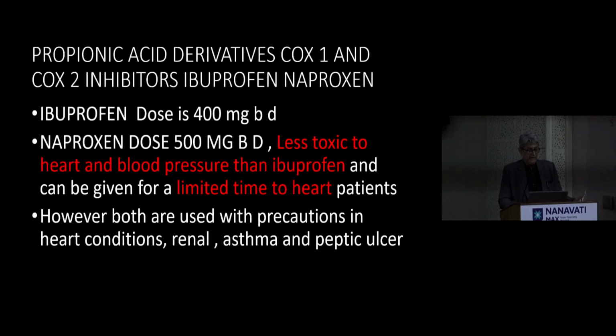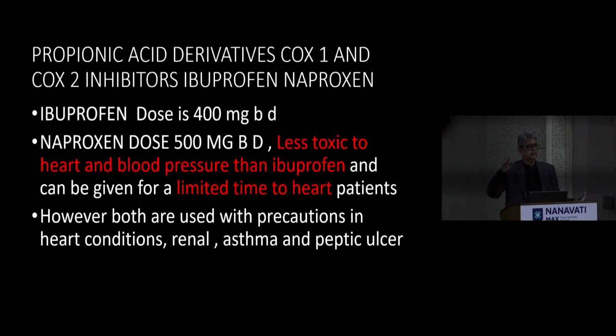So propionic acid derivative COX-1 and COX-2 inhibitors: ibuprofen and naproxen. Ibuprofen dose is 400 mg BD. Naproxen dose is 500 mg BD or less. It is less toxic to the heart and blood pressure than ibuprofen and can be given in a low dose